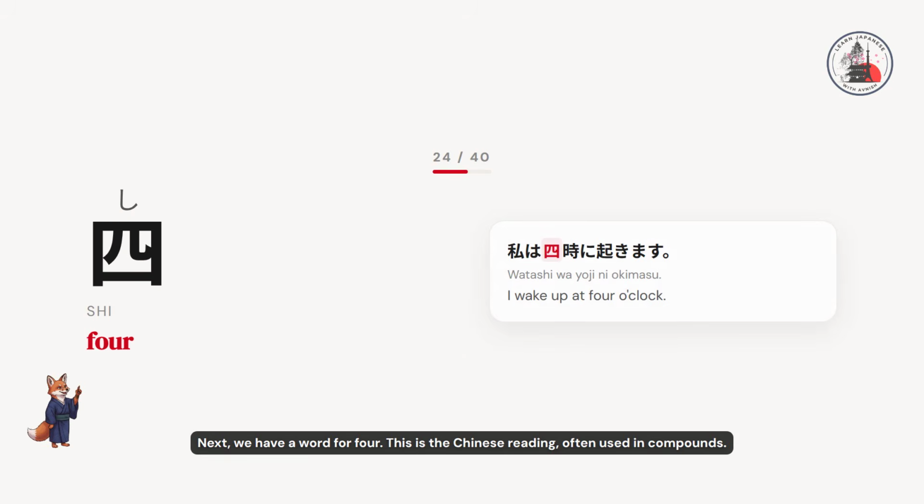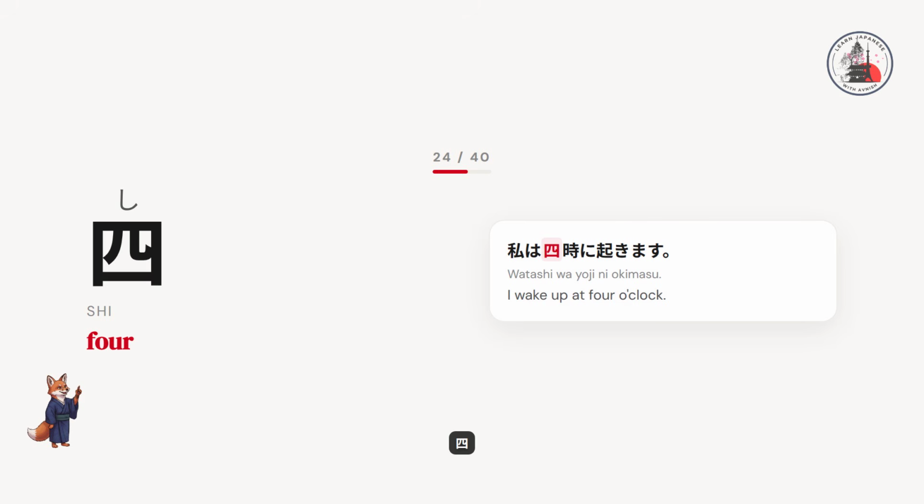Next, we have a word for 4. This is the Chinese reading, often used in compounds. し、し。 Listen to this example. 私は4時に起きます。